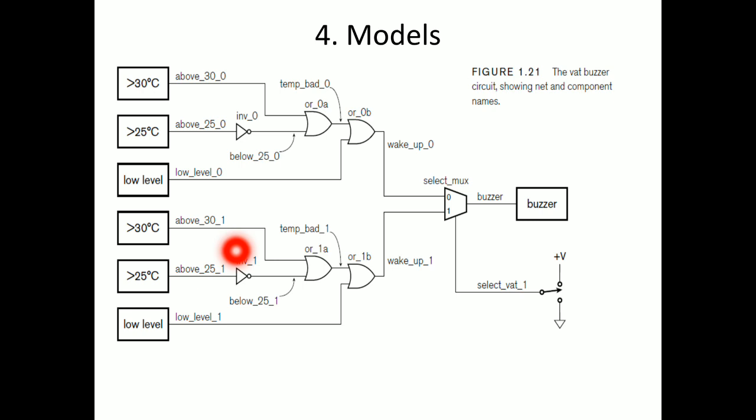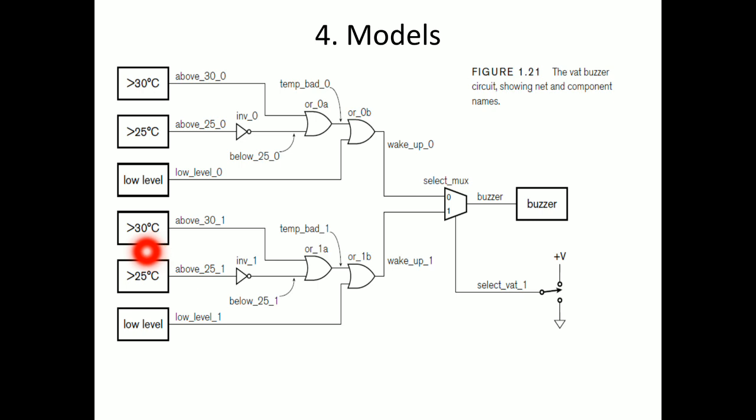This is the naming style which is used in programming. You cannot use spaces. You cannot write above space 25 space 1. That is not allowed, because the tool will identify one word only and omit the second word. So if the name is long, we need to use underscores, or we need to use camel case. Camel case is different; right now we'll see underscore. Above_25_1 is a single-word name.